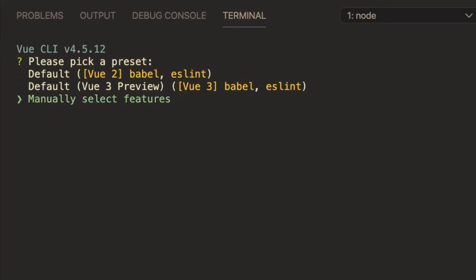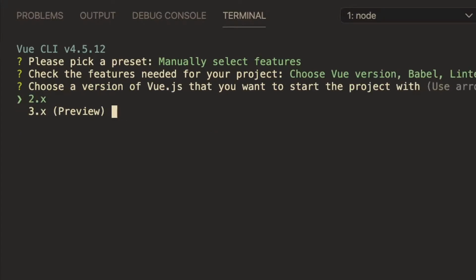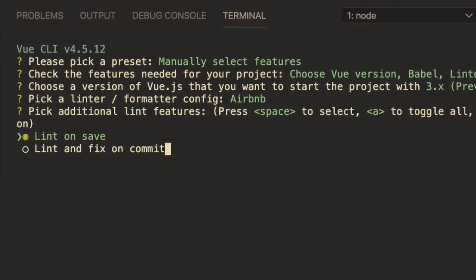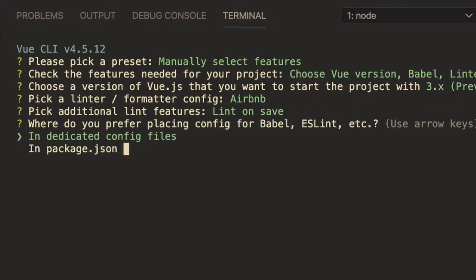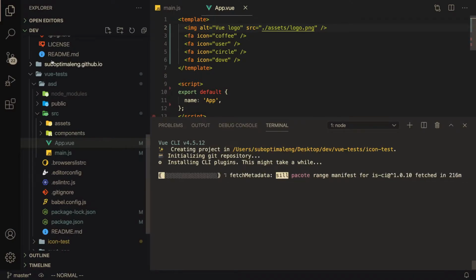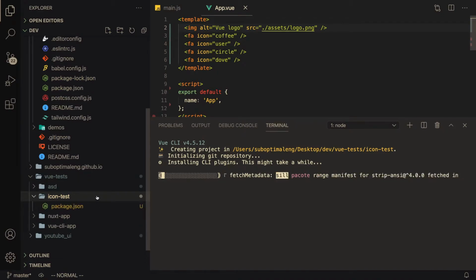So I'm going to manually select features, but you could probably just select Vue 3 right over here. I'm going to do manually select features. I'm going to ensure I click Vue 3, do the Airbnb config just because that's the way to go usually. Save on lint, and yeah, so basically all I'm doing right now is setting up a new Vue project, and the Vue project is called icon-test. And in this project we're going to add the Font Awesome library to get icons up and running. So it does take a little bit of time to build this project, so I'll see you guys once it's